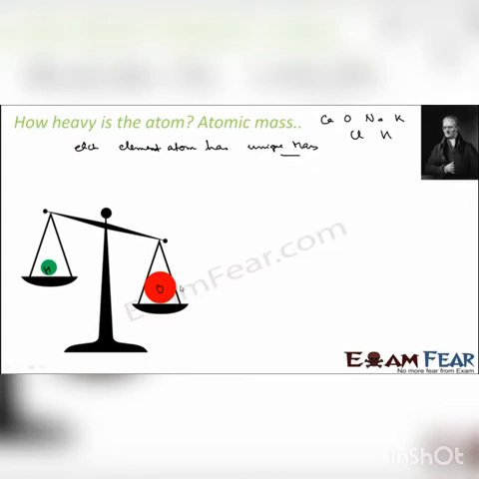this atomic theory could explain the law of constant proportion. For example, carbon plus oxygen gives CO2. So this theory has told that when carbon reacts with oxygen to form carbon dioxide, it is always in a constant proportion. For example, 3 gram of carbon will react with 4 gram of oxygen to form 7 gram of carbon dioxide. This is the experimental data. It is always in this proportion. Or you multiply everything by 2: 6 gram of carbon will react with 8 gram of oxygen to form 14 gram of carbon dioxide.